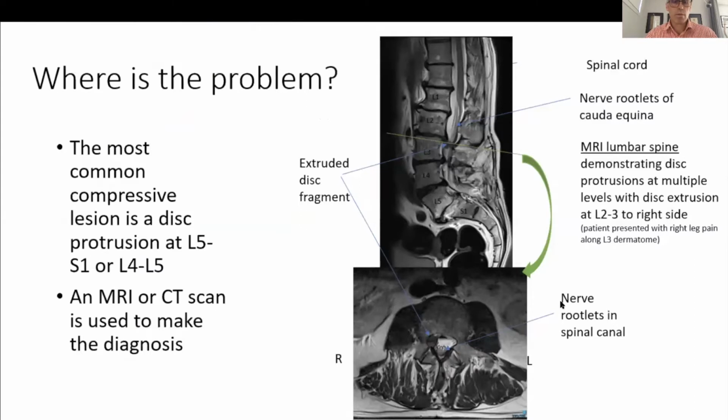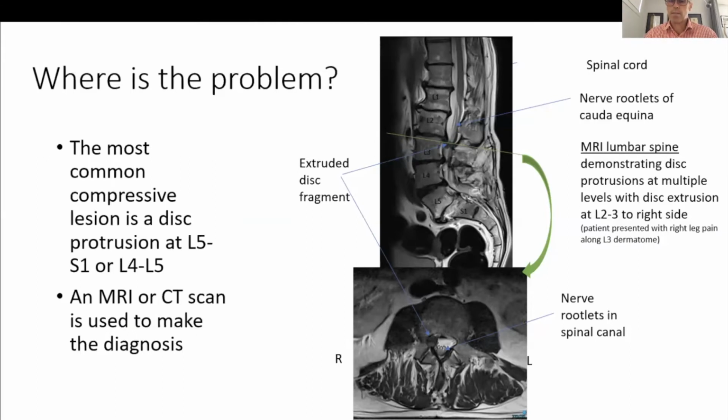So where is the problem? Well, the most common compressive lesion is a disc protrusion at L5-S1 or at L4-5. But occasionally it can be higher up, as in this case. The MRI or CT scan is used to make the diagnosis. And as you can see in this picture, there is an extruded disc fragment coming out between the L2-3 segment